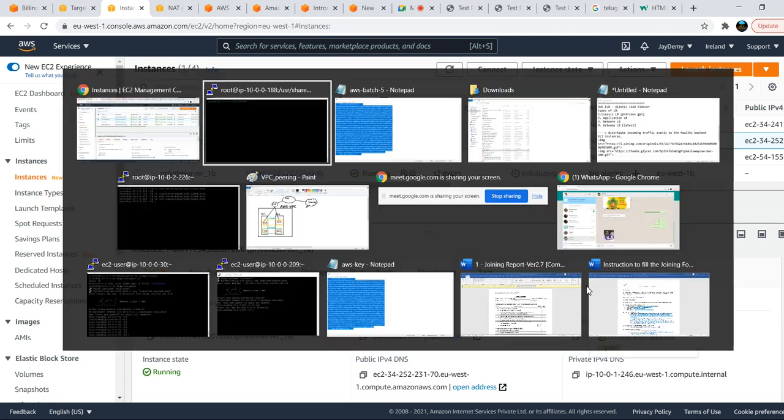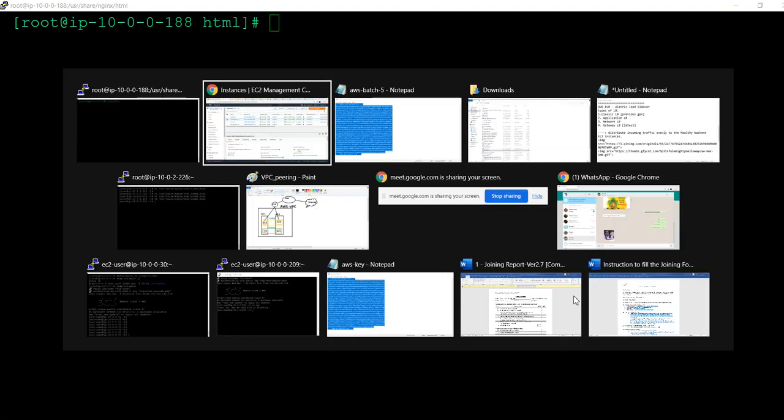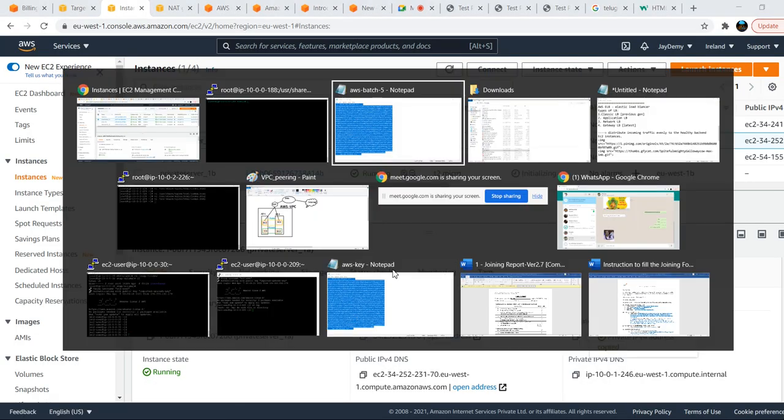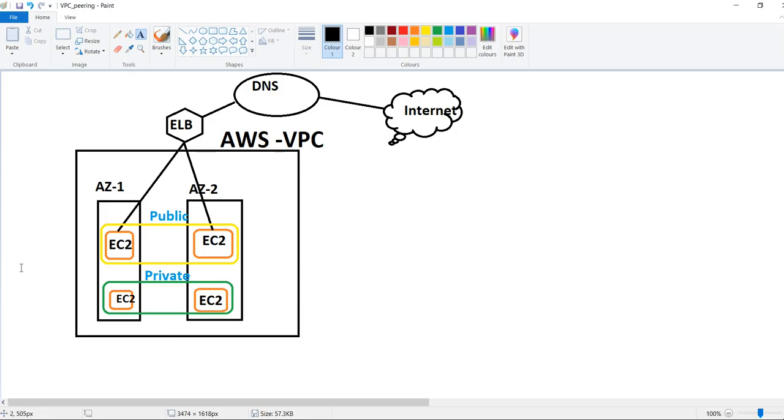How will we connect? Already I mentioned, within the VPC, assume this is my VPC and these are the two subnets I have. In these two availability zones, communication is already established with the help of local routing.